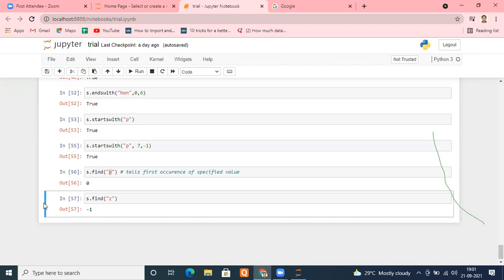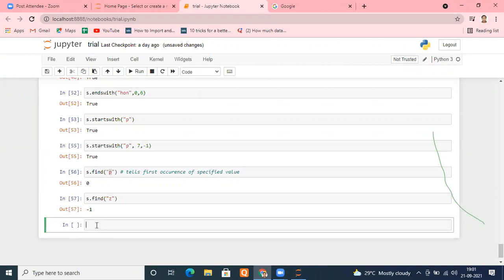Other than that, there are 10 more, so it is almost impossible to cover every function. At least remember the main ones and incorporate all those in your functions and try to learn. Whenever you see a function you haven't studied, what should you do? Simple. Go there, create your string, type S, type dot and press tab.